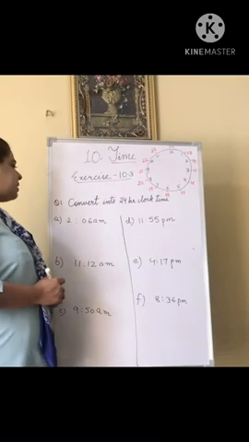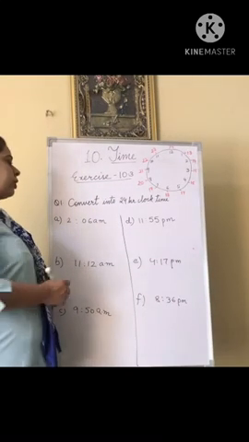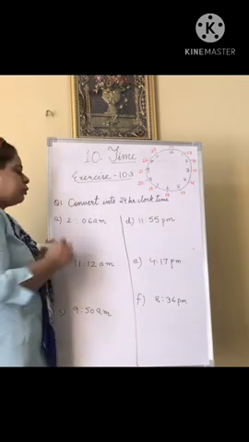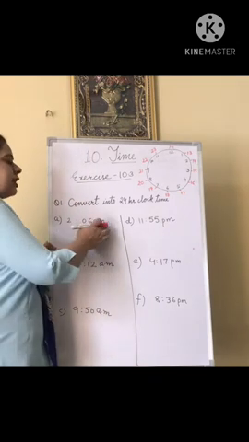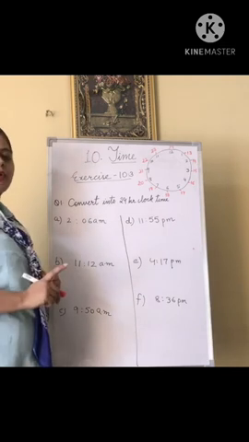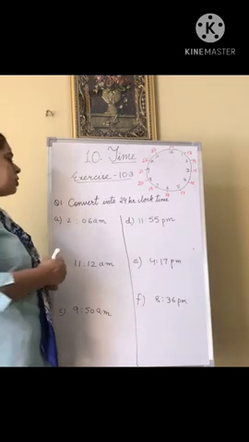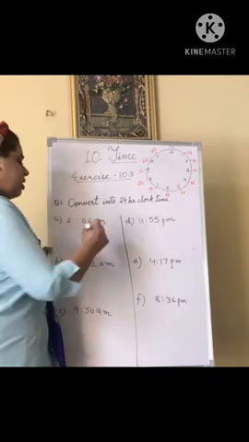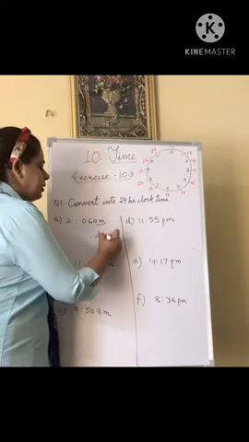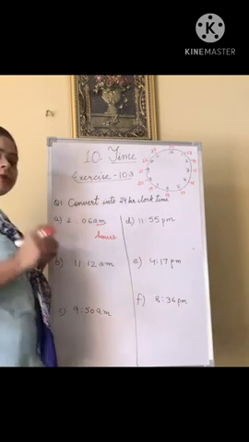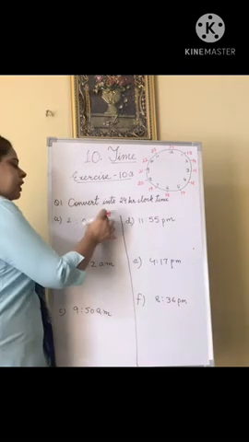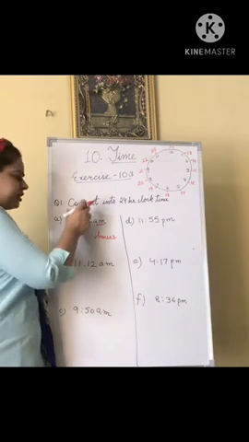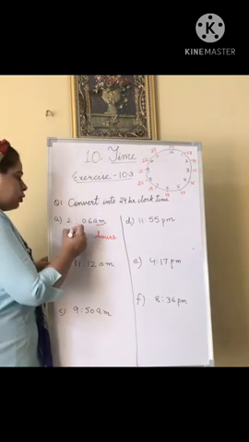Now children, let's see some examples of how to convert 12-hour clock time into 24-hour clock time. First part is given to you: 2:06 am. Now I already told you first rule is instead of am or pm you have to write hours. आपने सबसे पहले hours लिख देना. Then you have to check whether the question is in am or pm. अगर am में है then no need to convert it, just write it as it is.